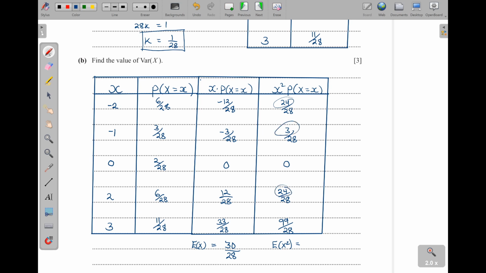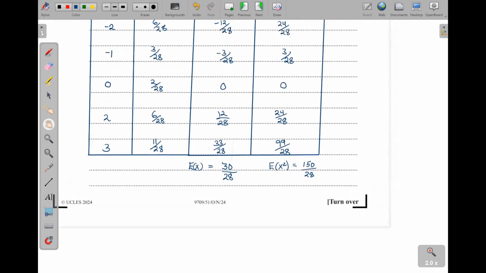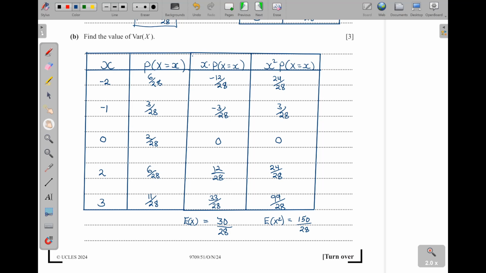48 plus 3 will be 51. So 51 plus 99 gives us 150. Okay, so I'll write 150 out of 28. Now, having gotten those sums, our variance is going to be the sum of x squared